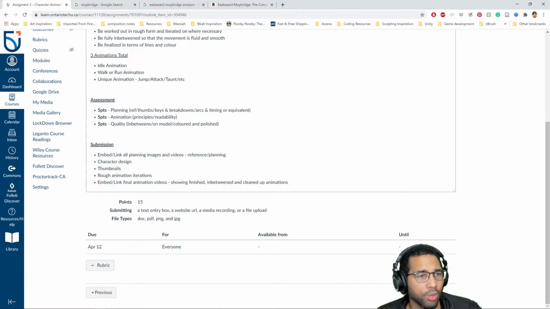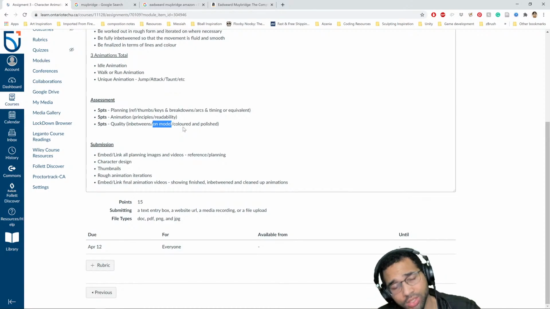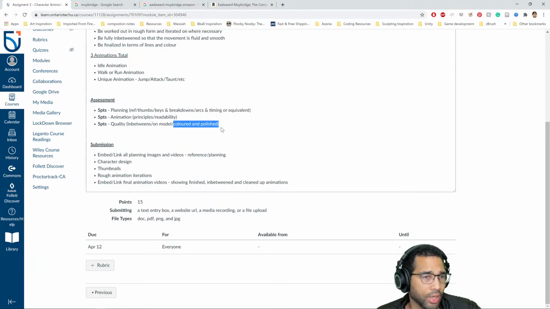And then animation, so make sure that the principles are working well, the overall sequence is readable, we can tell properly what's happening. And then finally the quality. So how well have you in-betweened this? Is it fluid and lifelike? Is everything on model, meaning it still always looks like the same character, and animation 1 looks like the same character as the second animation, looks like the same character as the third animation,